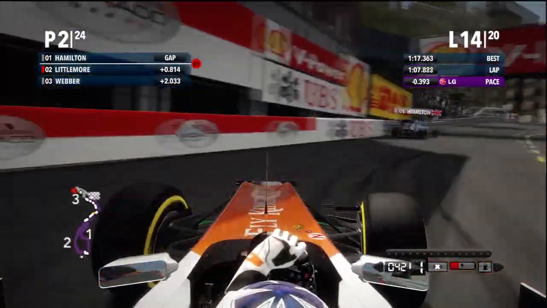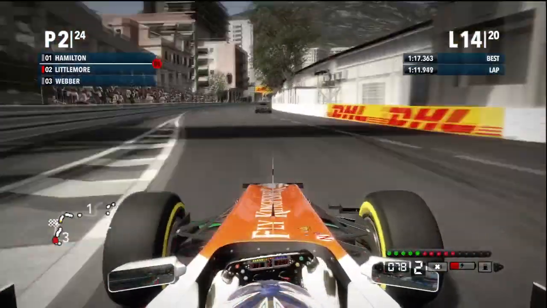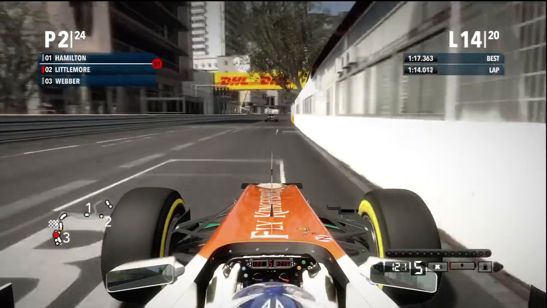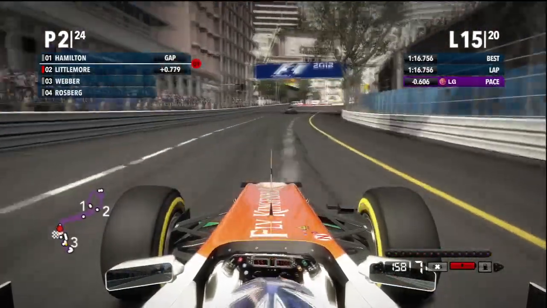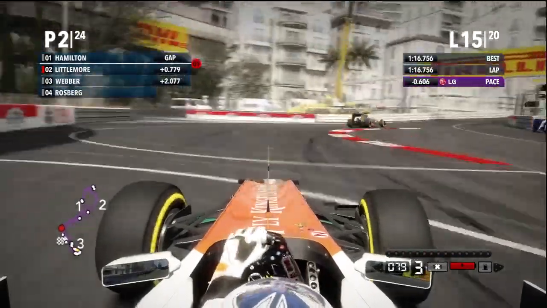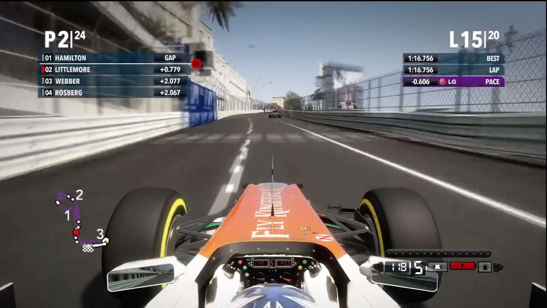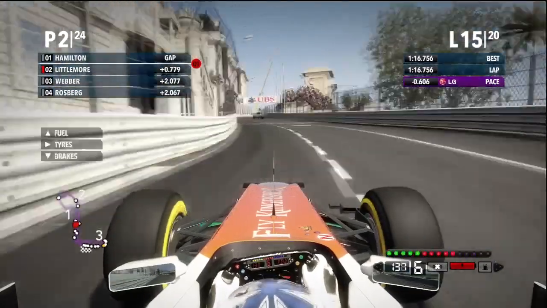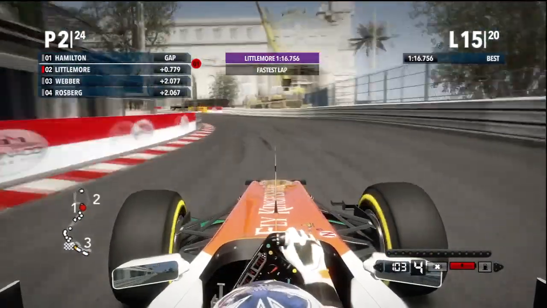I'm not sure, I can't remember from when I did this, but we're closing in on Hamilton, and Webber's 2 seconds behind, and the gap is increasing between me and him, which is good to see. And we do get into the 16s, the 16.7, as we get the fastest lap, and we're just under a second now from Hamilton. But as you can see, still we have no DRS, which doesn't really help, really, because